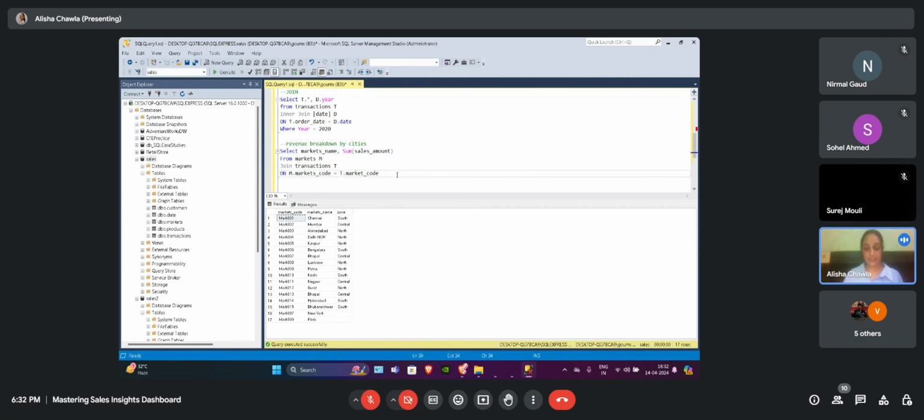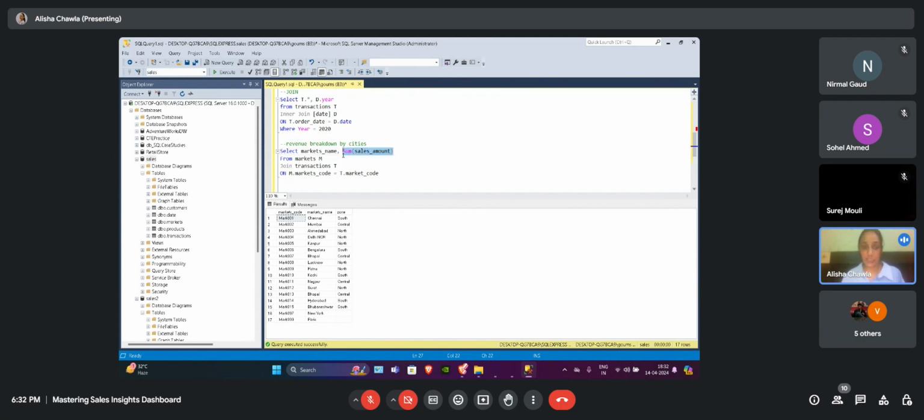Revenue breakdown by cities. One thing to remember is, whenever we put a non-aggregated column and along with that we put an aggregated column, aggregation means we have performed some calculation on a column, like we are doing sum here, we can do count, we can extract the average of sales amount.